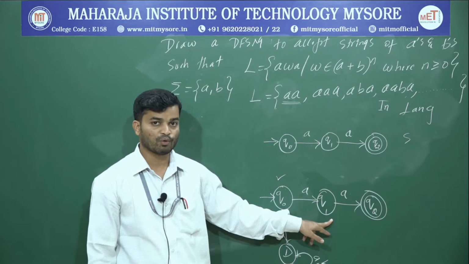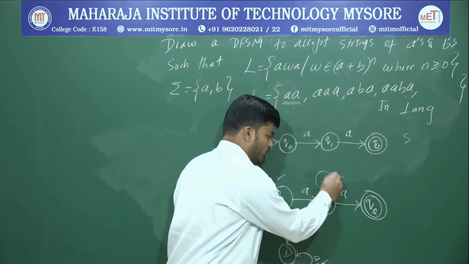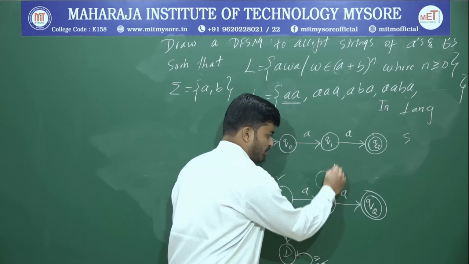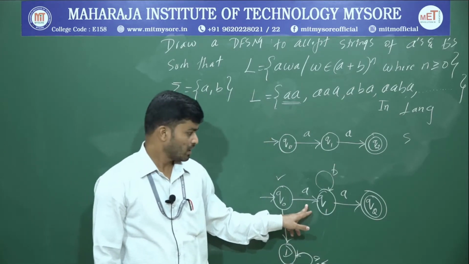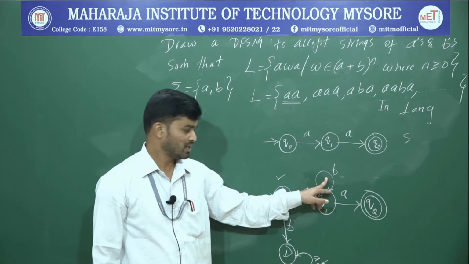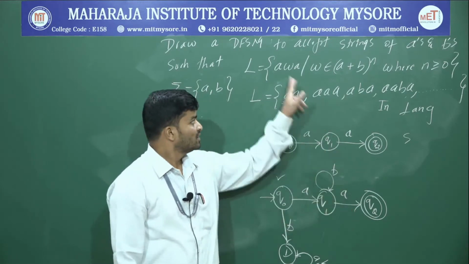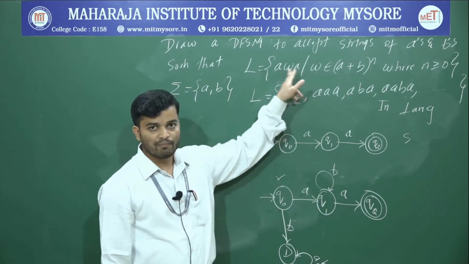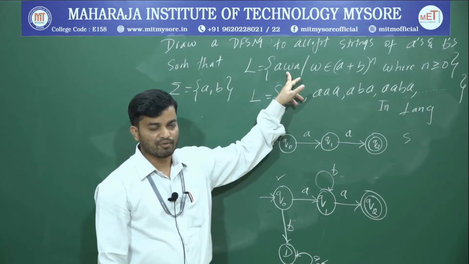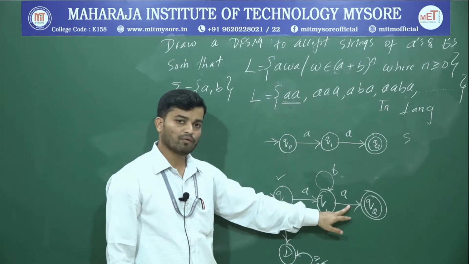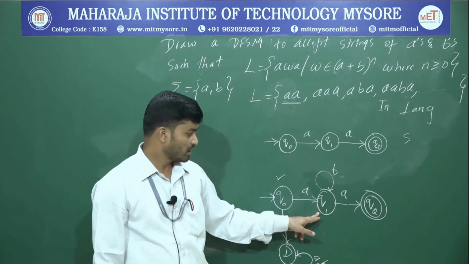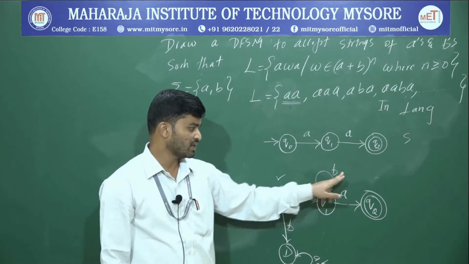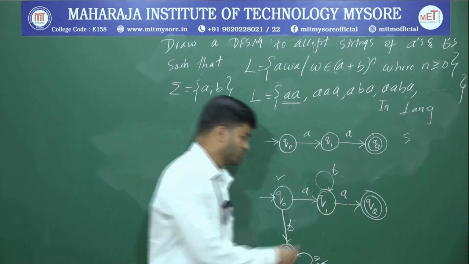Now the first option is a loop. If I go with a loop upon B, what will happen? The string is starting from A, and I can have n number of B's, then it will end with A. Starting with A, ending with A, and in the middle I can have anything that is made up of A's and B's. So that will form a valid string. Therefore this one is correct. So from Q1 there is a path for A as well as a path for B. Therefore Q1 is also over.